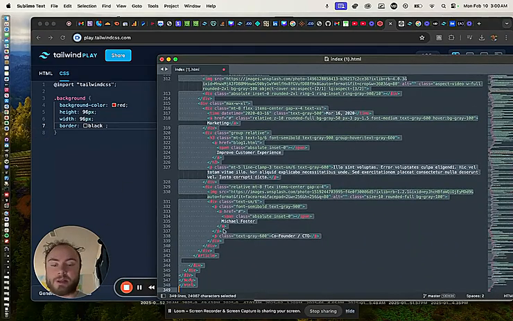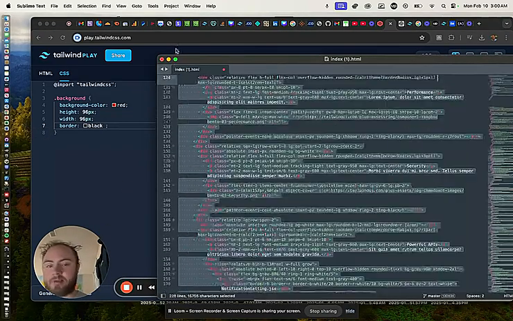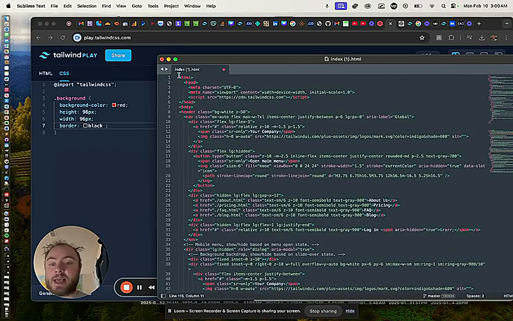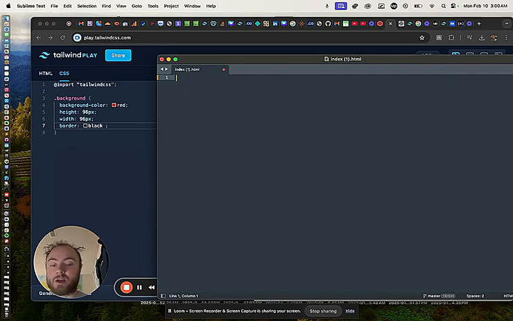You can just go into your Sublime, or if you use VS Code, whatever you use, it's not a matter of what you use. But I would recommend using something that has syntax highlighting and autocomplete. If it has syntax highlighting and autocomplete, it can probably figure out the answer for you. If you start typing background, it'll give you options like background color, background style, all those things. It'll give you those options, so in case you forget, you don't have to look them up. So I would recommend